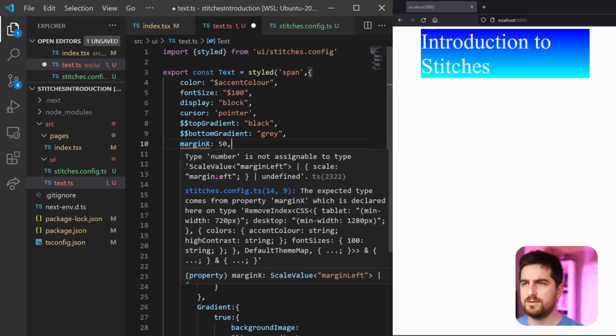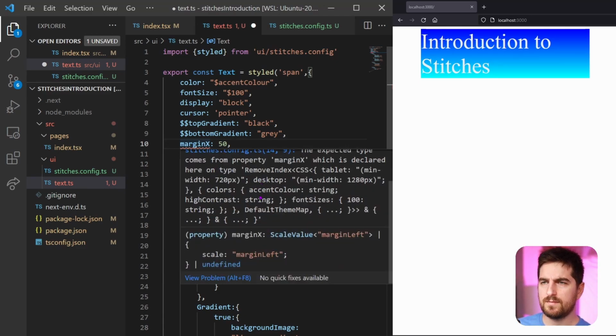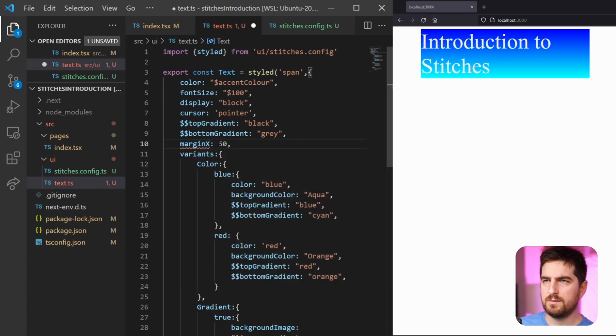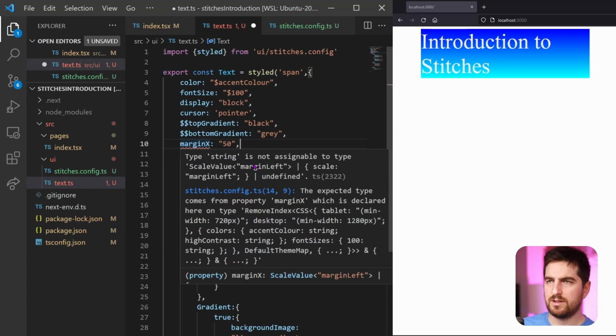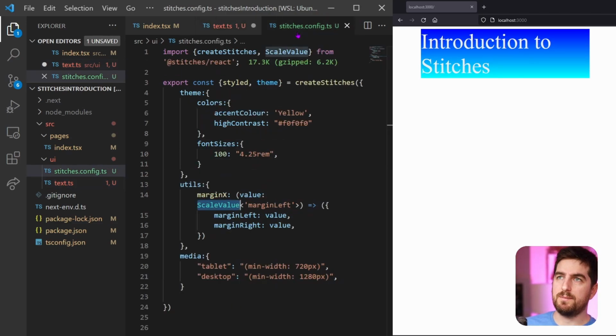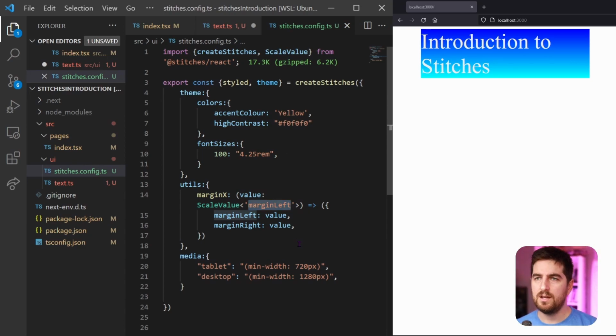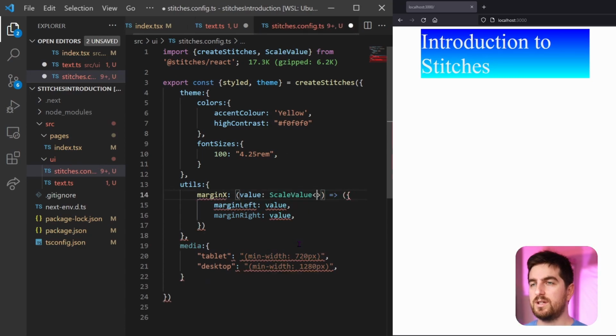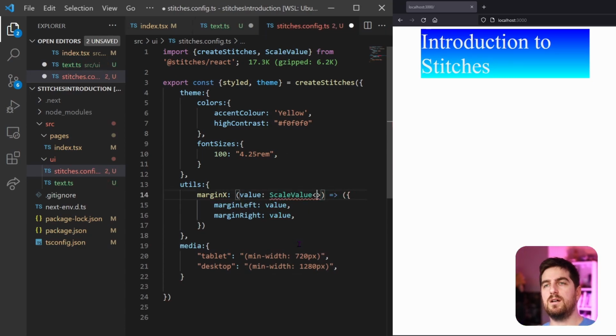Scale of margin left. Number is not assignable. String is not assignable. I'm 100% mistaken. Scale value, of course, needs to be